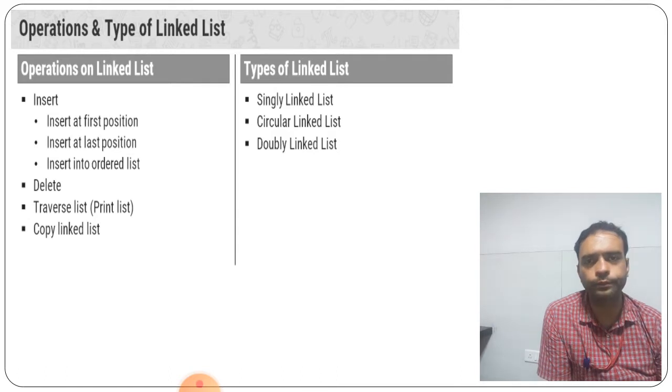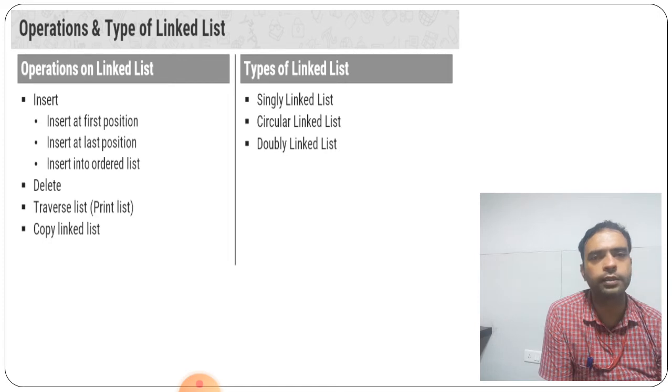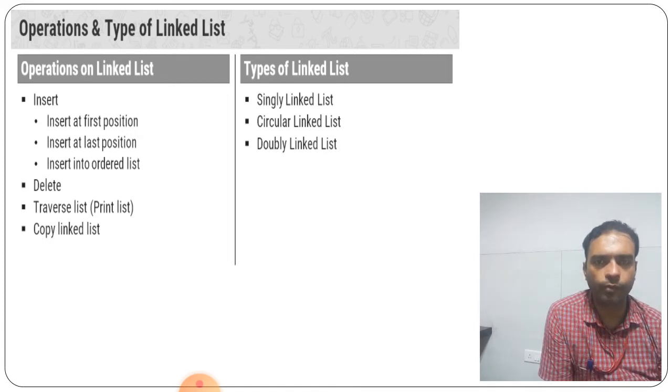Suppose I give you a particular sequence of values in the nodes, suppose 1, 4, 5, 6, given in sequence. If I want to insert a node with the information 2, it will compare the values given in the nodes.